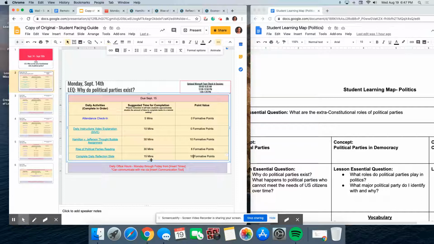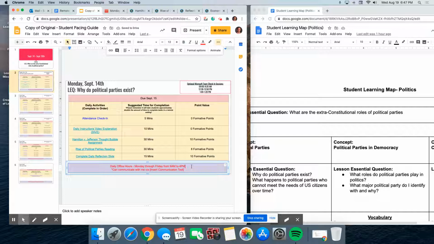So on the bottom, we're going to update our office hours. I am assuming that district will want us to have office hours between 8 and 3 p.m. because those are the hours we would normally be working if we were in the building. But I'm going to extend mine a little longer. So I'm going to go from 8 a.m. to 4 p.m., knowing that I may have to go back and change that